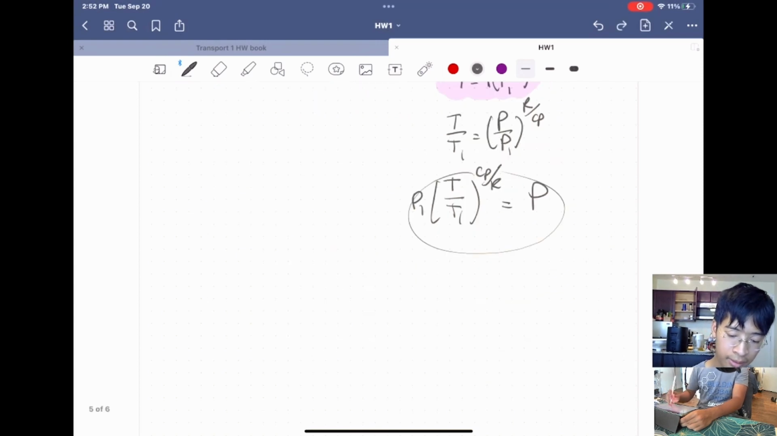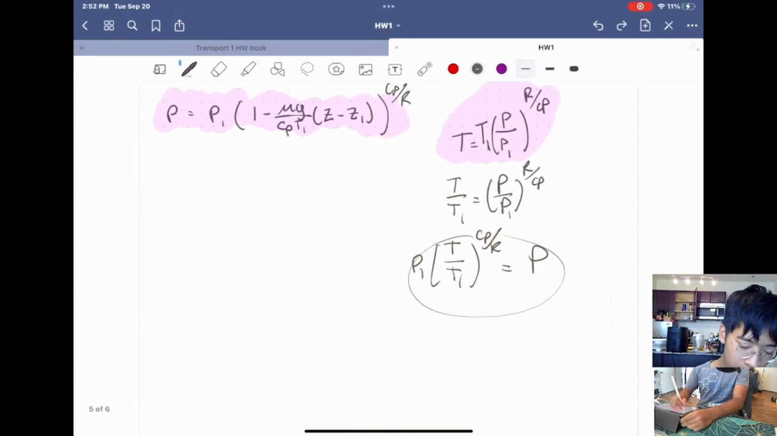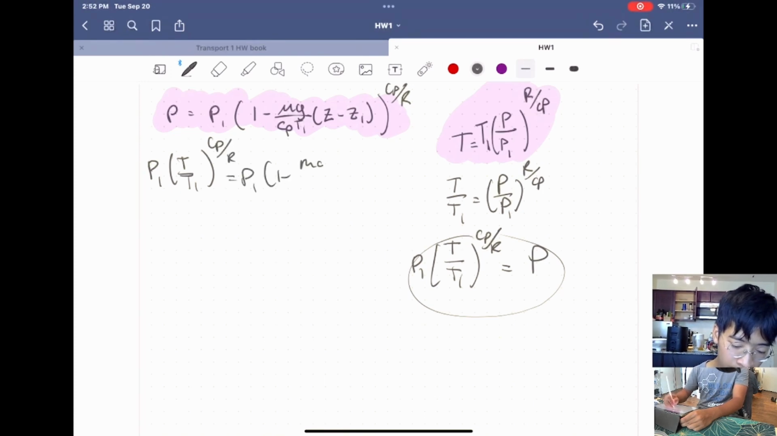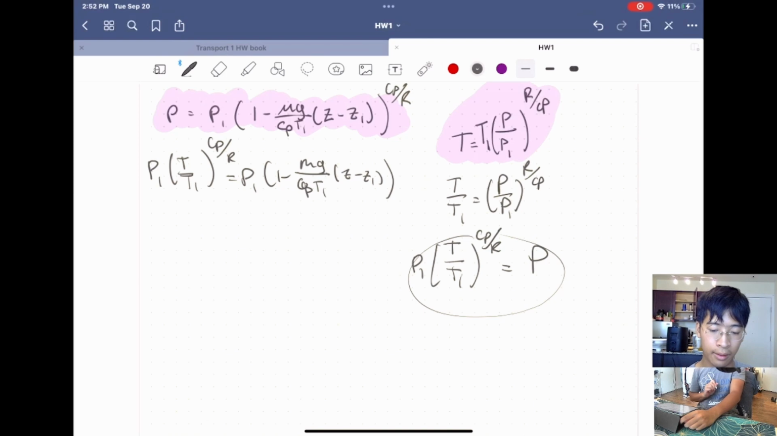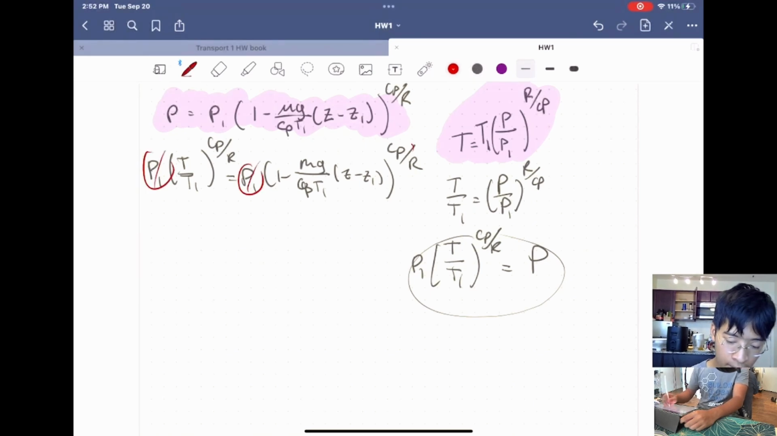Right? So let's try it. We have T over T1 to the Cp over R is equal to 1 minus molar mass times gravitational field constant over heat capacity at constant pressure times known temperature times the change in altitude. Oh well, guess what? Things cancel out rather nicely. That goes away, that goes away, that goes away, that goes away. We have T equals T1 times 1 minus,